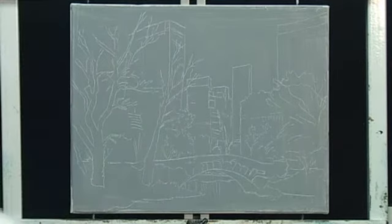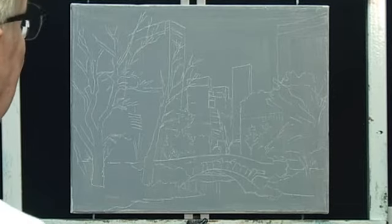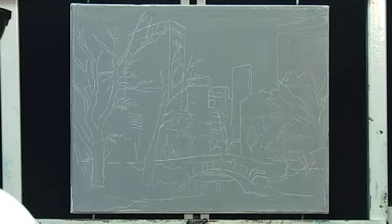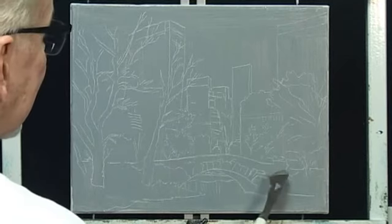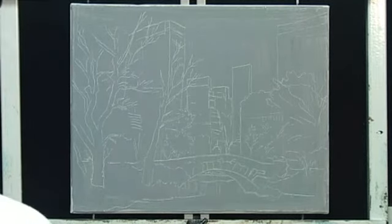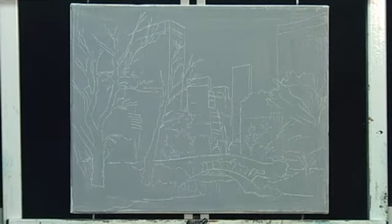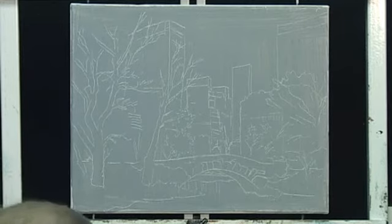And this has some very interesting characteristics. It has a lot of mood in this painting. It's a scene of the New York skyline in the background, and it has a bridge here that is going to have some snow on it with some reflections in water underneath. So it ought to be a beautiful scene, and I hope we can do it justice. So I'm going to start with my